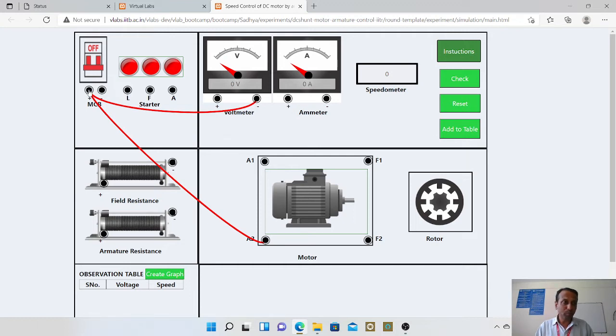Next, plus MCB goes to one end of the field coil, then minus of MCB goes to line of a starter, line means main terminal, then F of the starter goes to the positive of the ammeter, then A terminal of the starter goes to the positive terminal of armature resistance.